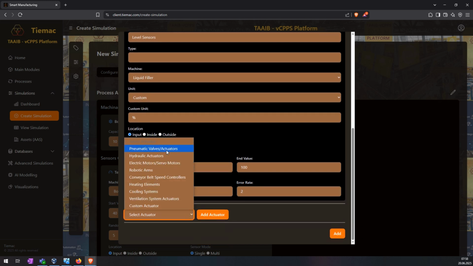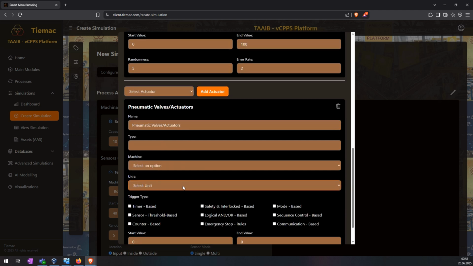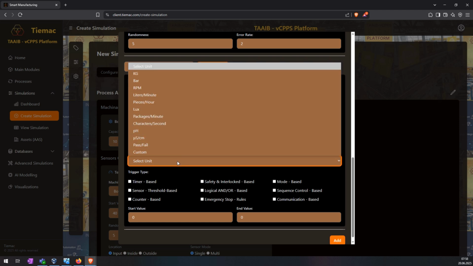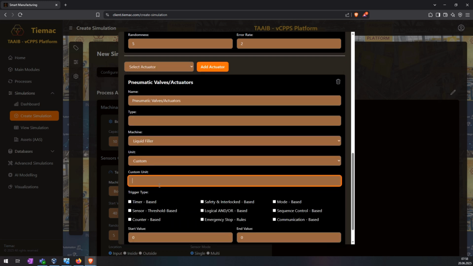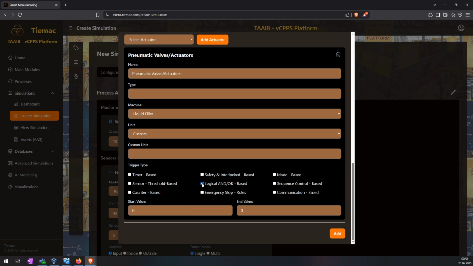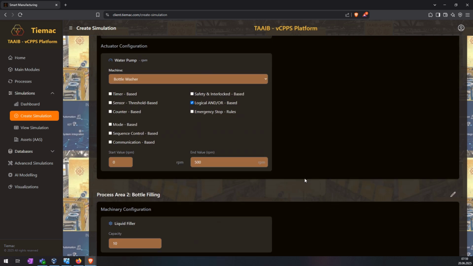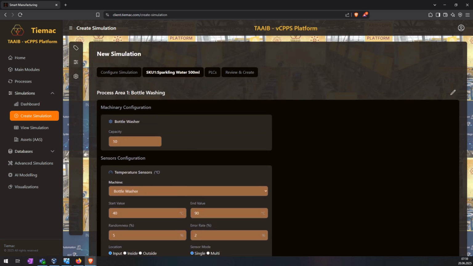And the actuator, I would like to have a filling valve assigned to the same machine. With the custom unit of none, it should have a start value 0 and end value 1. Okay, we have two processes defined, and let's define the last process,